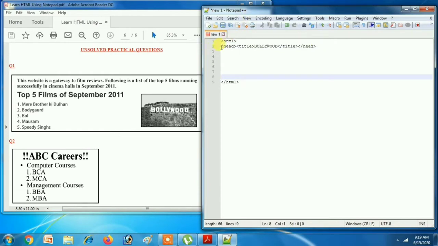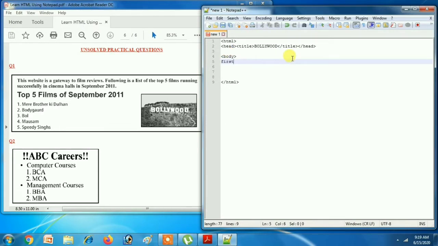Always remember, write this in one single line so that you do not make mistakes in writing tags. After the head tag you have to start the body tag. Body tag. Okay, so this is our first program.